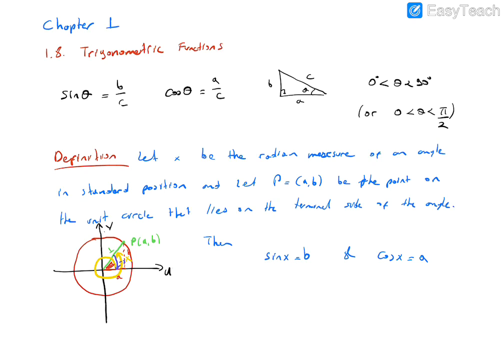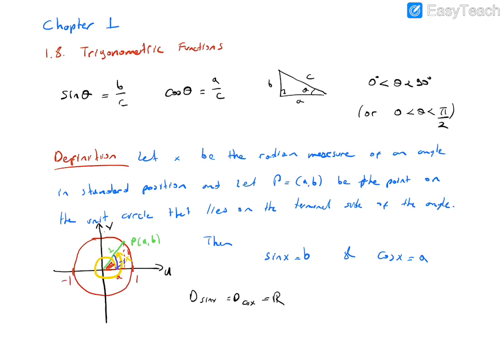Okay, so from this definition, we obtain the domain of sine x and the domain of cosine x. Also, we will define tangent, cotangent, cosecant, etc. in the future. R is the set of real numbers. The point P lies on the unit circle, so its coordinates a and b are between -1 and 1, because the radius of this circle is 1.